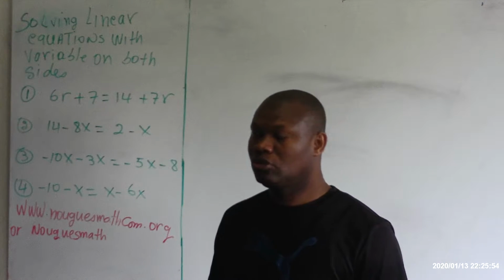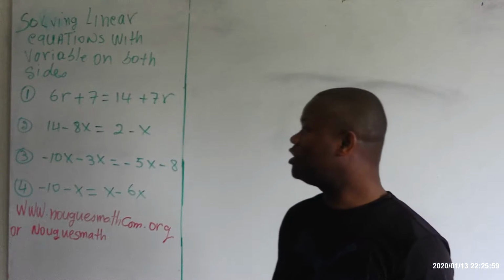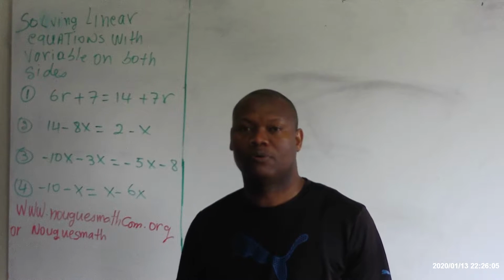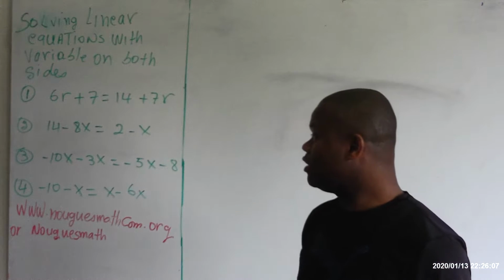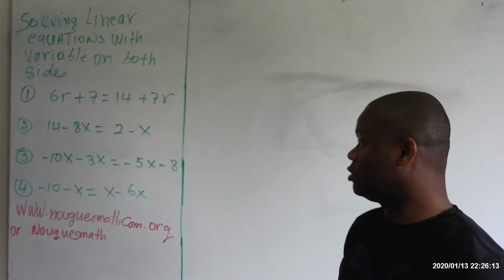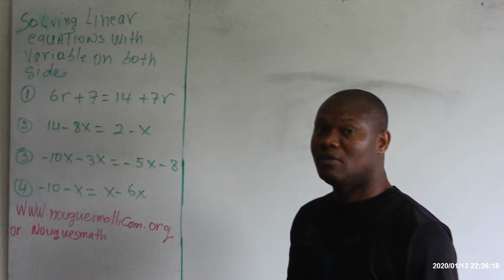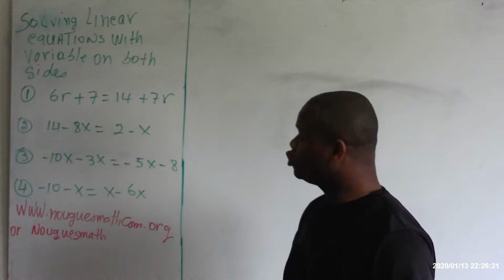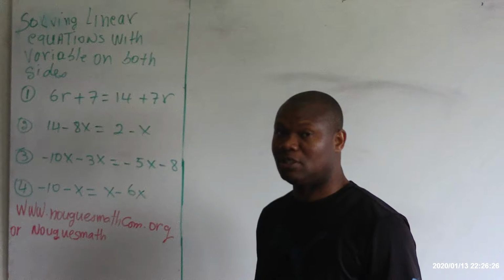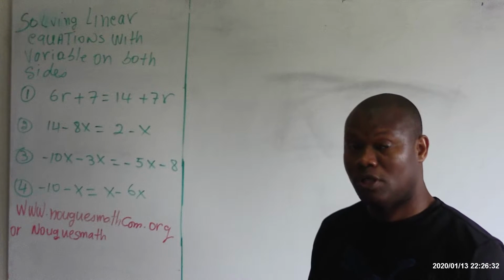Yesterday, I taught you how to solve linear equation with one variable. Today, we're going to see the difference between linear equation with one variable and linear equation with variable on both sides. When you solve linear equation with one variable, you should subtract the numbers from both sides. But when you solve linear equation with variable on both sides, you should start subtracting or adding the variable first, okay? The variable first. The only exception, you subtract the variable first when you have a linear equation with variable